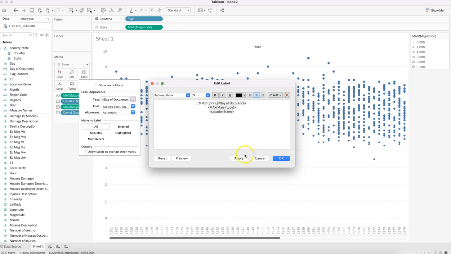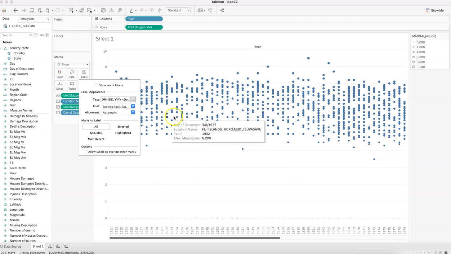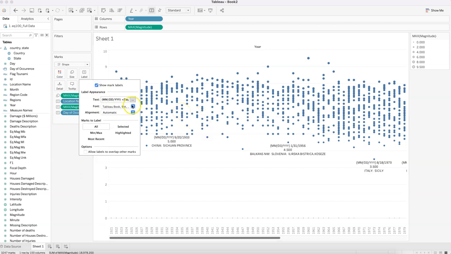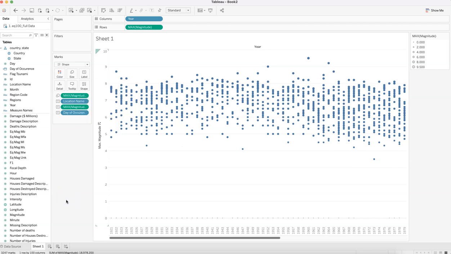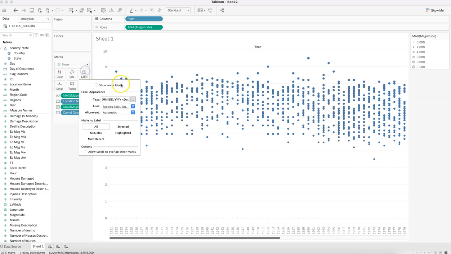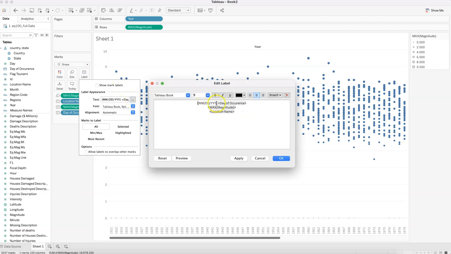I think it is going to change this. No, it is not changing this. Okay, all right. Maybe it is because we are saying that it should add it. It is adding it, but it is adding it to the label. I think that's not what we want. So in this case, if it is not coming like this, which I was hoping it would,